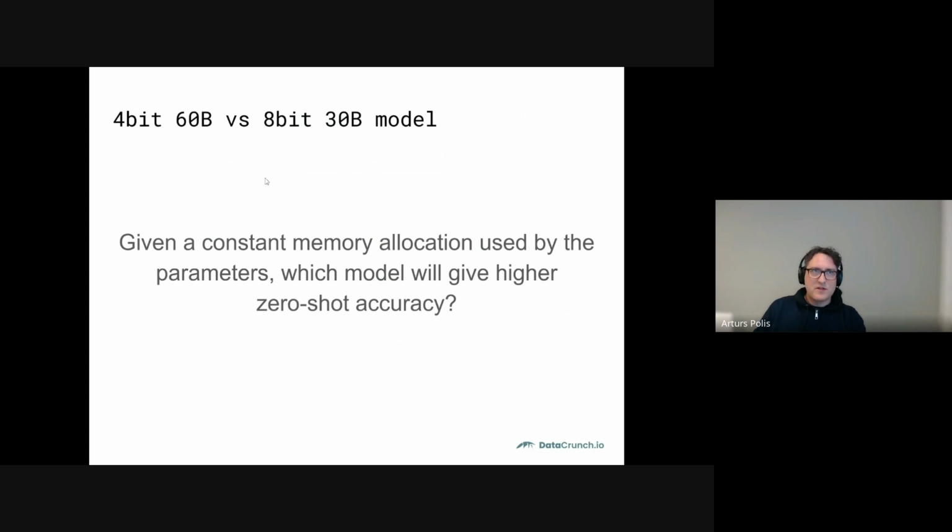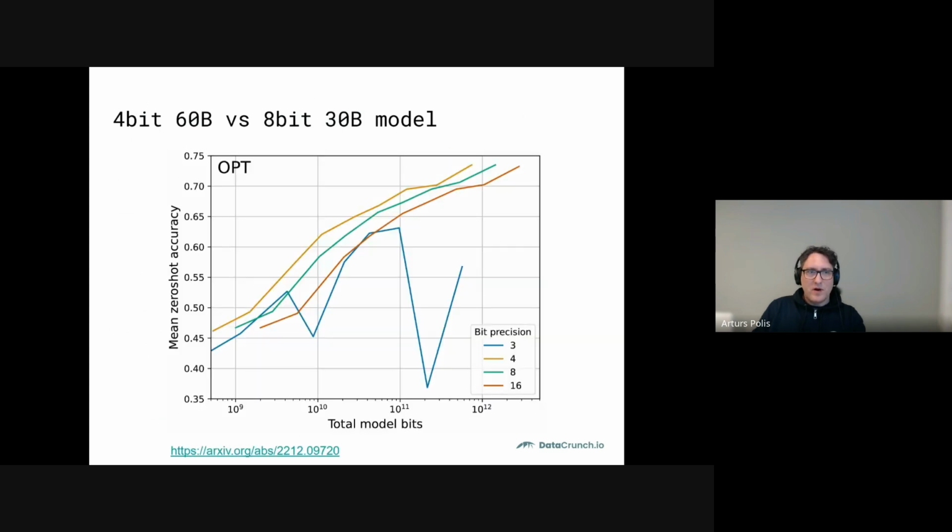So let's see what's the actual result from a recent paper. Well, it's not so recent anymore. The result is from the end of 22 by Tim Dettmers, who is one of the authors of QLoRA, of LoRA fame. So he's one of the main people in low precision research. He did actually run the same model architecture with different precision. So the orange line here with highest accuracy is actually a 4-bit